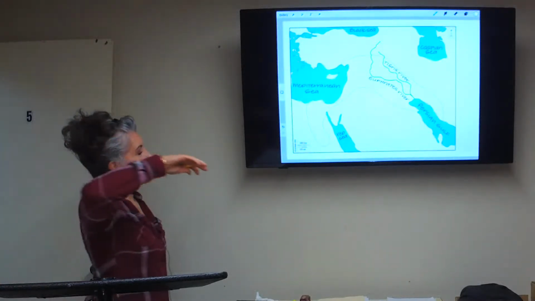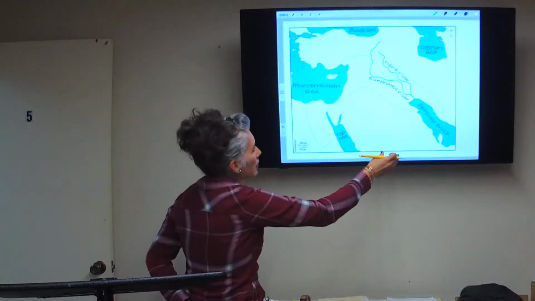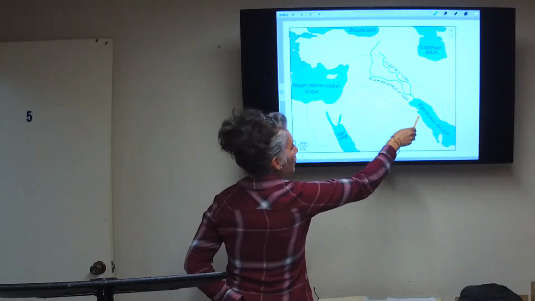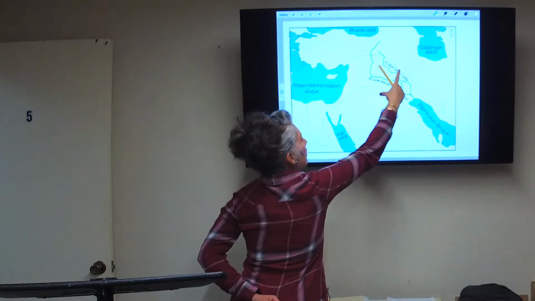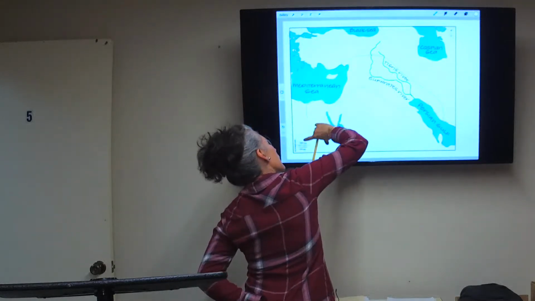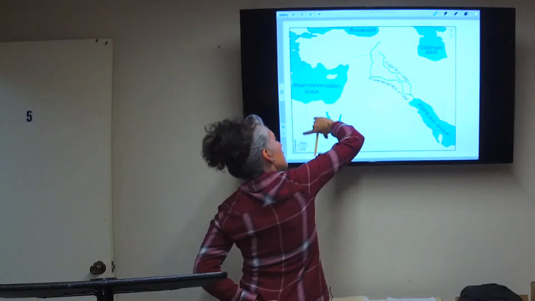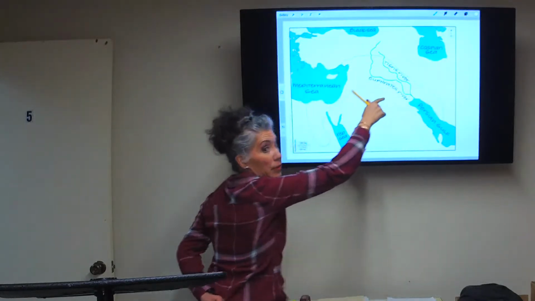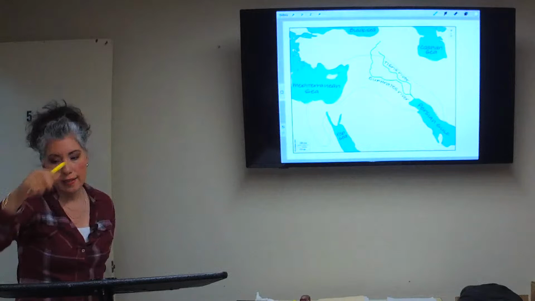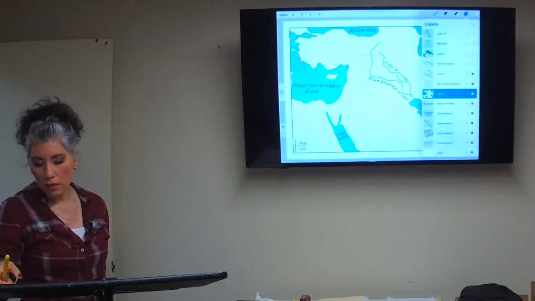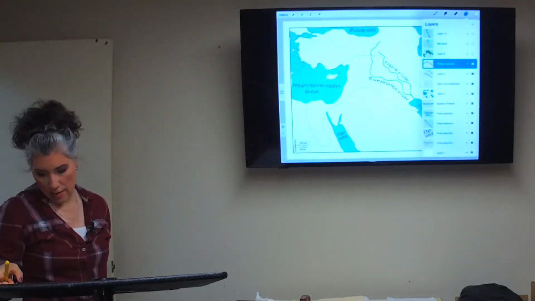Okay, so the next thing we're going to look at is this. If everybody can look up here just for a second. We have here around the Persian Gulf this outline. You see this outline that makes kind of this half or crescent moon shape, right? Like a C. You see that right on your paper. Okay, so that is actually what's called the Fertile Crescent, and that's important